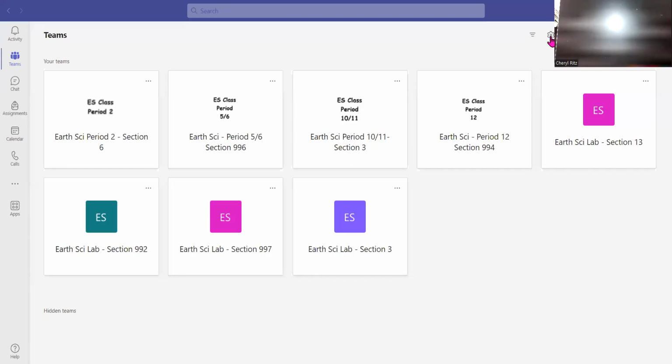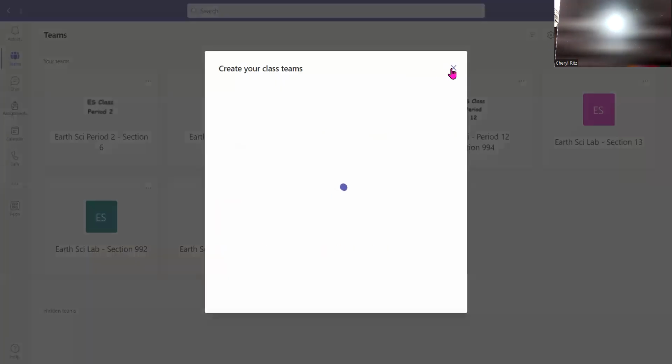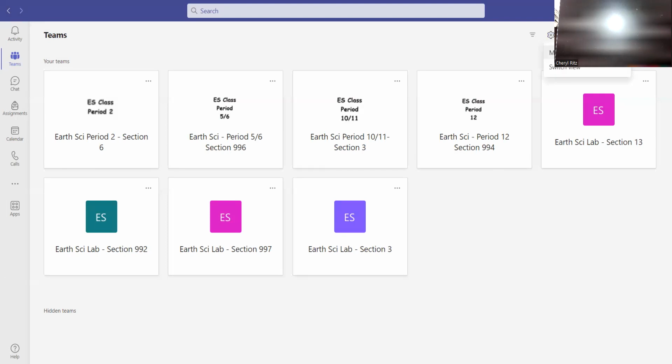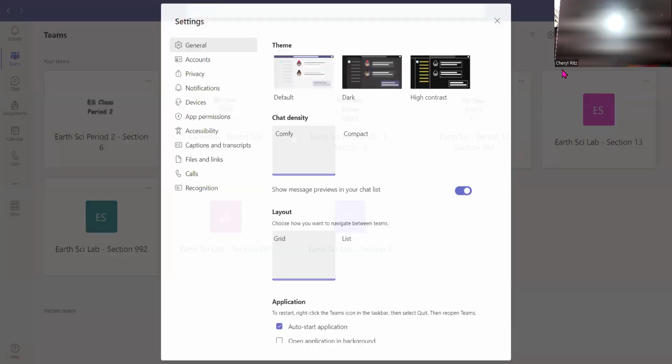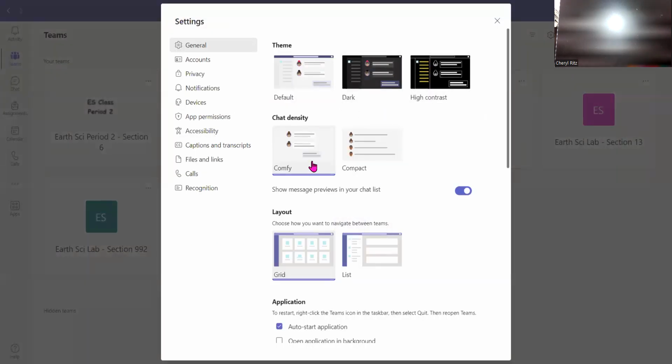All right, so I want to show you guys how I use Teams and what I expect from you in Teams. So it starts out with, this is how I have mine set up. That's what I was looking for, how to change the views. If you have the boxes and you like the boxes, then you keep it that way. Or the other choice is not that button. If you go to settings and switch view, you can